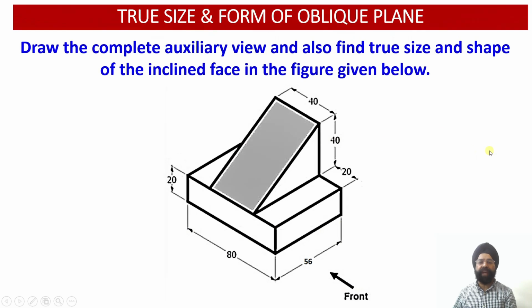Now here we have been provided with a solid which has been cut by an auxiliary inclined plane, leaving behind an inclined section cut surface at the top of the solid over here. So this is the inclined section cut surface of the solid. As we observe this cut section surface, we find that once we draw the front view of the solid, this cut section will appear as an edge view in the front view construction